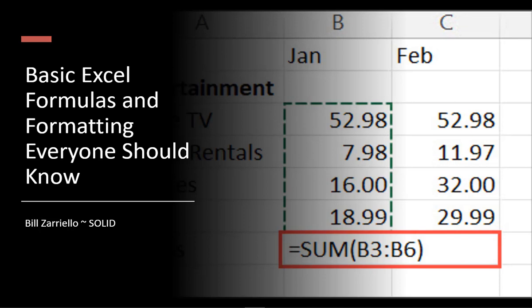Microsoft Excel is the industry standard spreadsheet application, and it has a vast range of tools that help you organize, format, manipulate, and analyze data within worksheets inside of a workbook. This is a quick overview of some basic Excel formulas and formatting that may be of use for every type